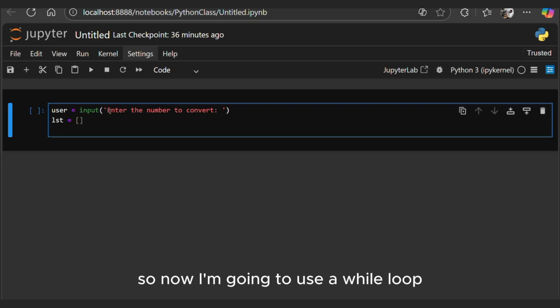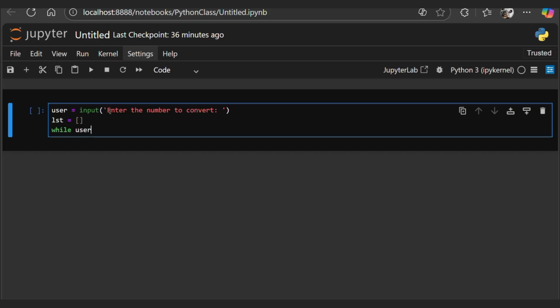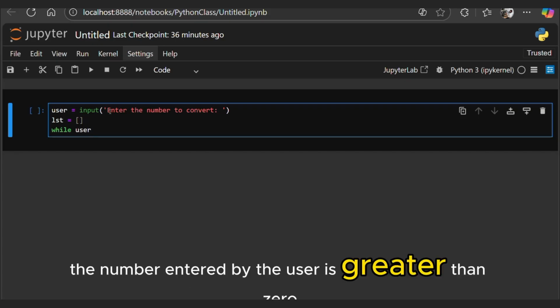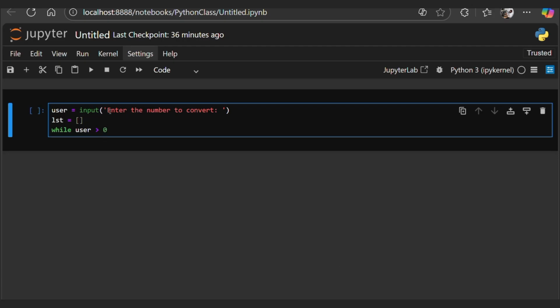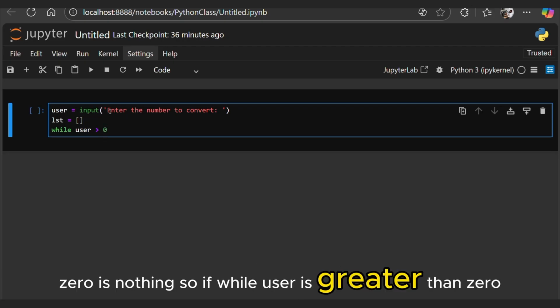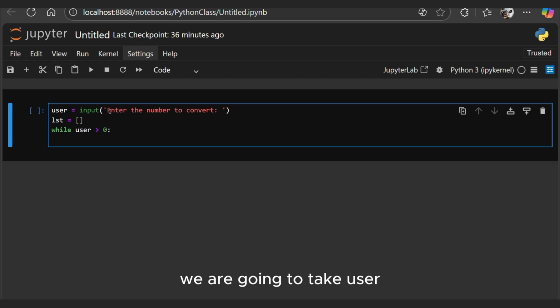So now I'm going to use a while loop to do what? I'm gonna do while the number entered by the user is greater than 0, because we can work with 0. 0 is nothing. So while user is greater than 0, we are going to take user,